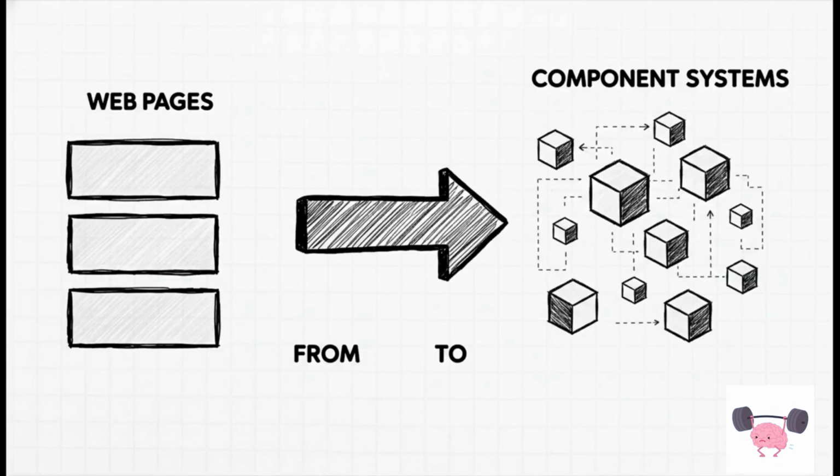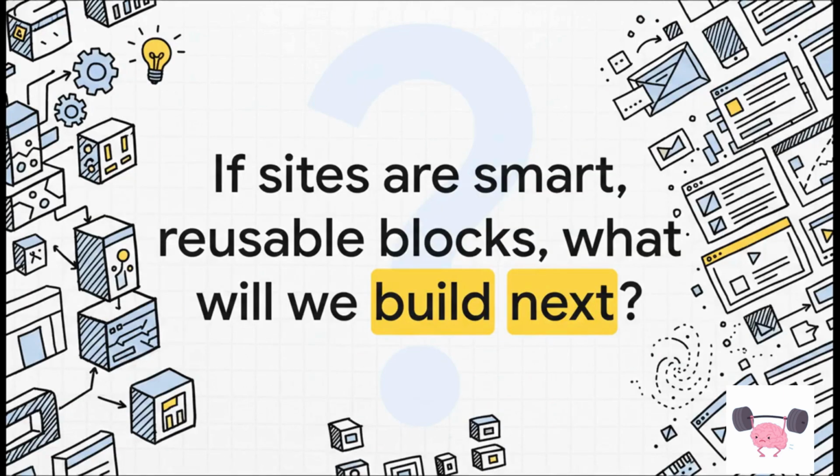When you really think about it, this is a massive shift in philosophy. We're not really building web pages anymore, not in the old sense. We're building entire systems of these smart, interlocking, reusable components. It's a whole new way of thinking about what a website even is. And that really leaves us with a pretty cool question to think about, right? If websites are just collections of these smart, reusable blocks, what's next? As these components get even more powerful, even smarter, and even easier to put together, what kind of amazing things are we going to build? It really makes you wonder,